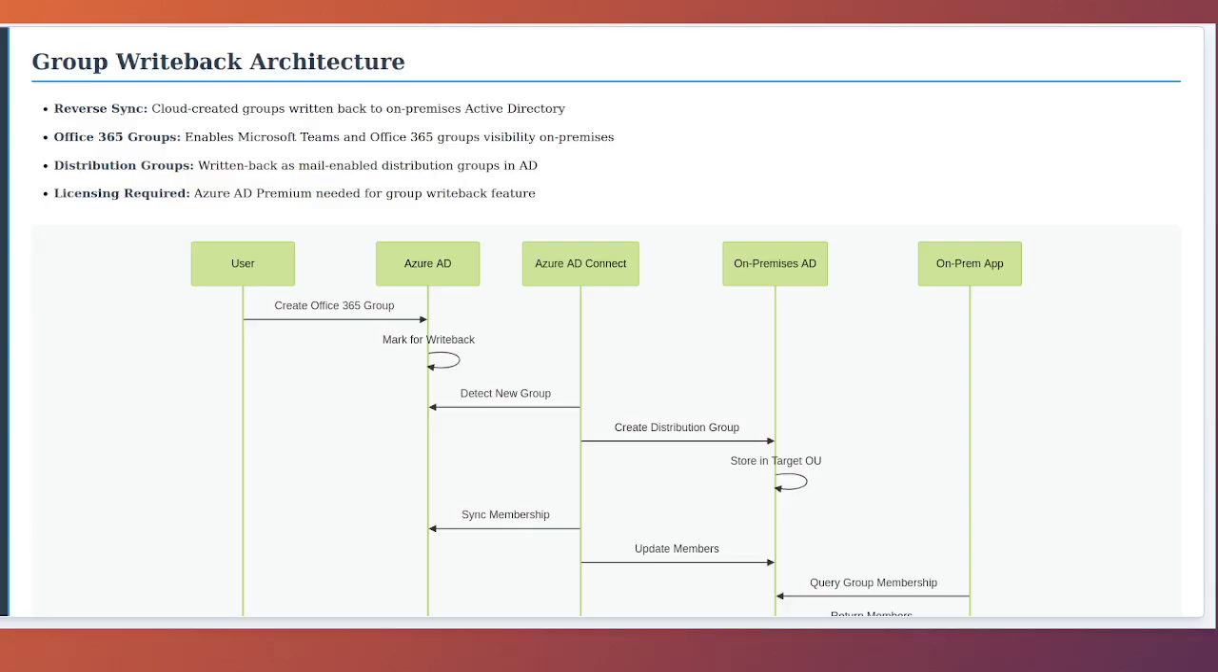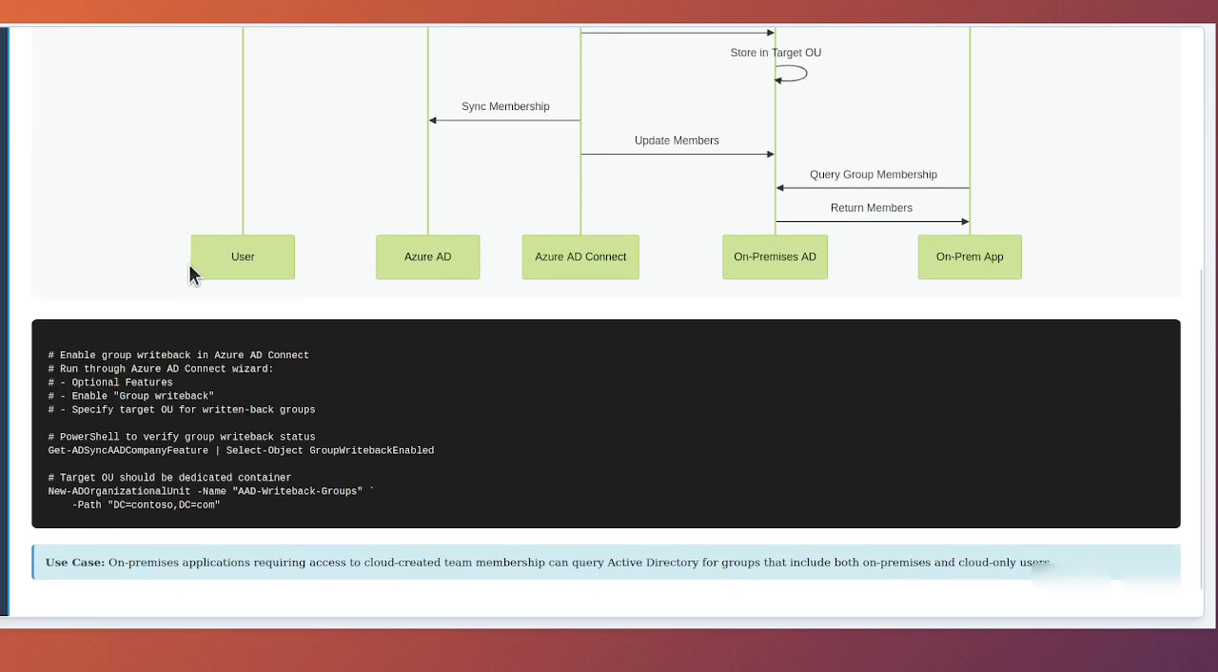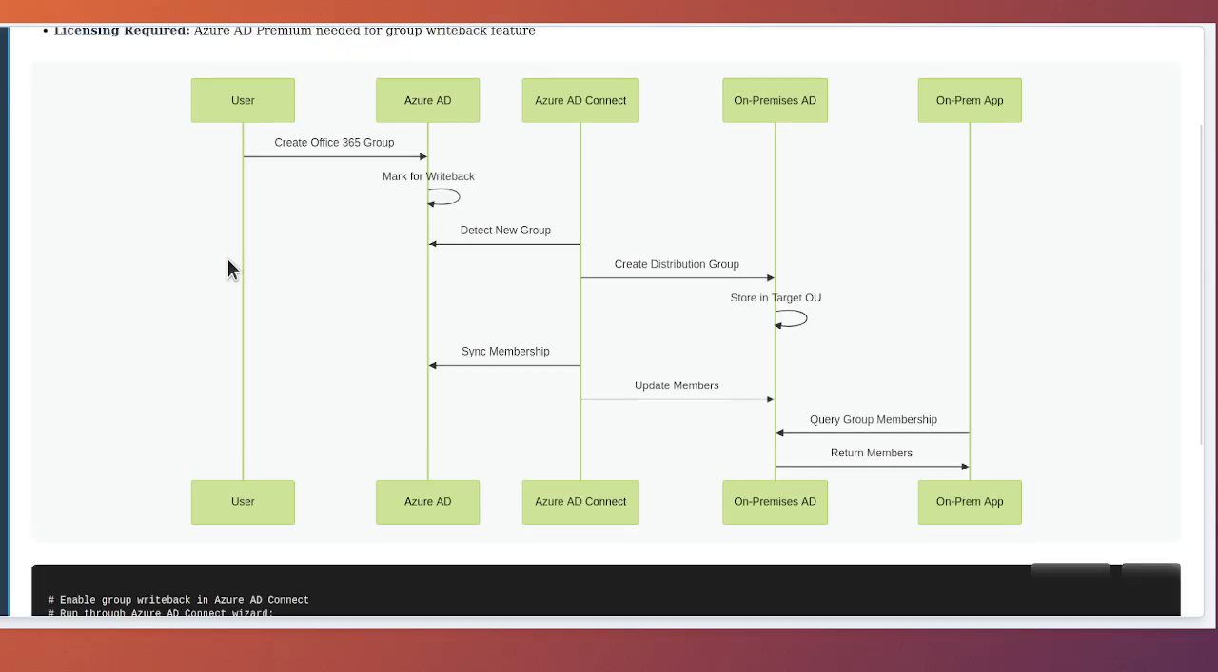Group Write-Back creates corresponding distribution groups in on-premises Active Directory that contain the membership synchronized from cloud groups. The architecture of Group Write-Back involves the Azure AD Connect synchronization engine monitoring Azure AD for changes to groups that are configured for write-back. When a new Office 365 group or Microsoft 365 group is created in the cloud and marked for write-back, Azure AD Connect creates a corresponding mail-enabled distribution group in the designated organizational unit in on-premises Active